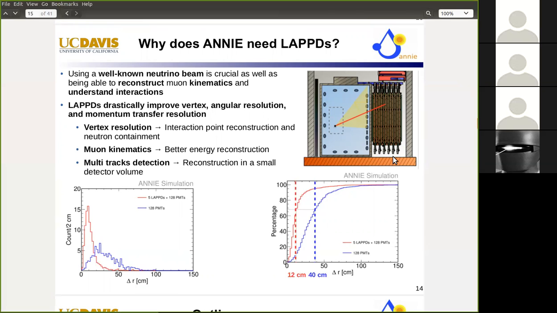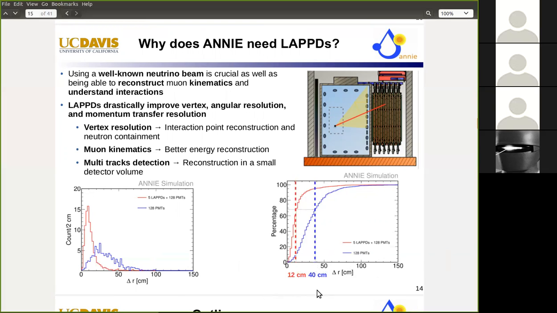So why would you need to improve your vertex resolution? First of all, it means that you can better reconstruct your interaction point, and you can better understand your neutron containment in the ANNIE volume, which is quite small compared to other experiments. This is a simulation that was performed by ANNIE collaborators with different photocoverage. The first one has only 130 PMTs, and the other has the same number of PMTs plus 5 LAPPDs. You can see that this is a cumulative plot of the vertex resolution. The improvement is pretty drastic. You go from 40 centimeters to 12 centimeters vertex resolution, which is crucial when you deal with a 3 cubic